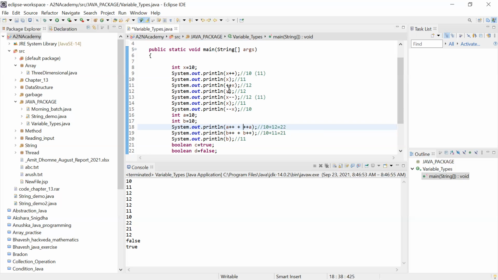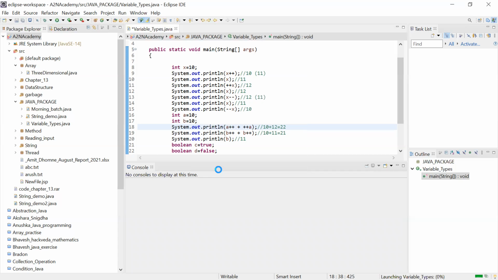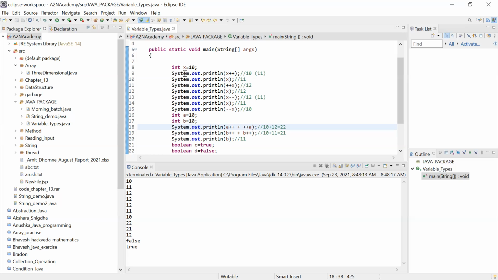So practice on this increment decrement variable and how it works. As you can see, when I run this on the system, I'm getting this output, right? Because I've initialized x, and this is your post increment. Post means your plus plus symbol is after the variable. Pre means it comes before the variable. So that also you should be clear about.